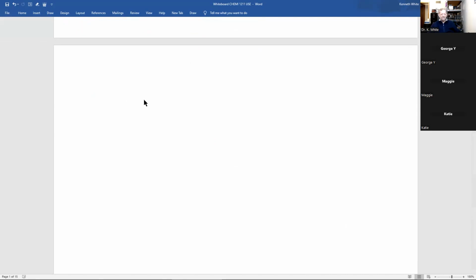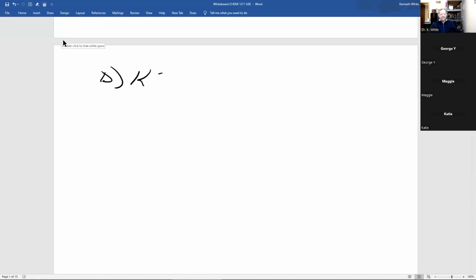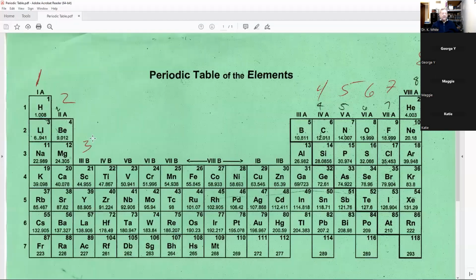Let's do one more. And this is potassium cyanide. That and sodium cyanide are dangerous chemicals, they're poisons. But let's look at this. How do you draw it? Well, first of all, you need the number of valence electrons for potassium, carbon, and nitrogen. And how do you find that out? You go to your friendly neighborhood periodic table. And here we have it.